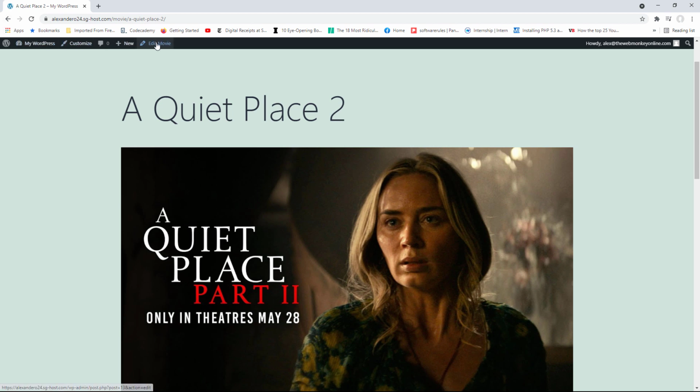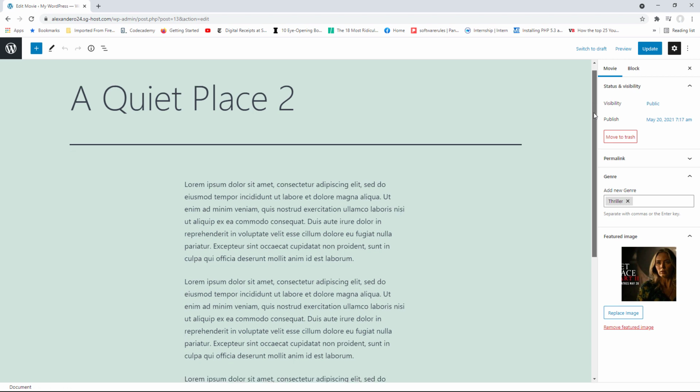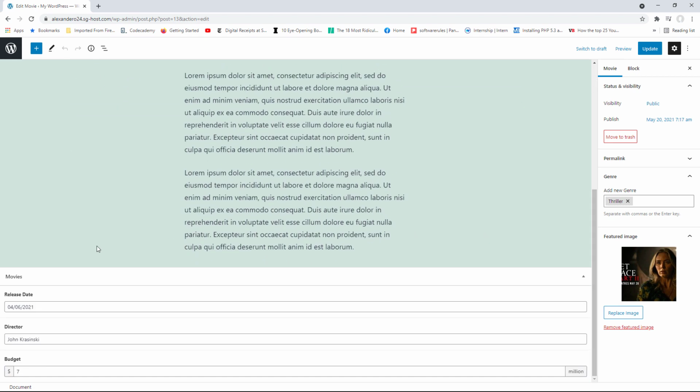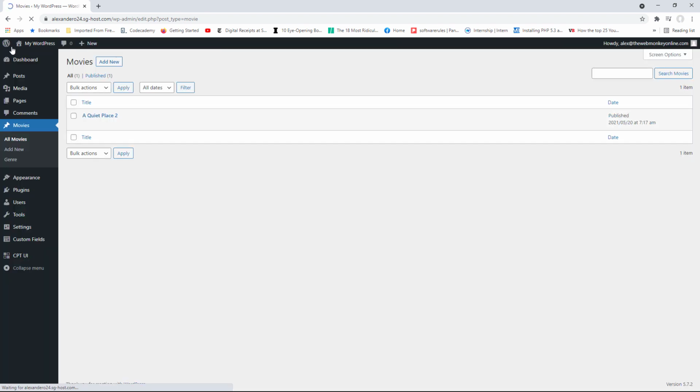However, if we were going to display the advanced custom fields, in this case right now being the release date, the director, and the budget, we will have to add our own code. But before we do that, let's go ahead and create a page